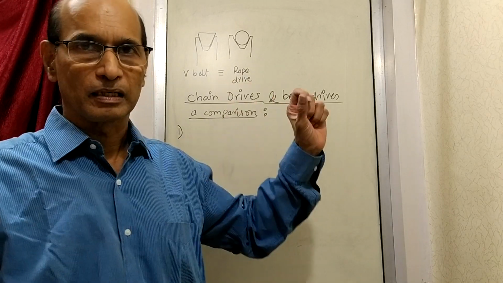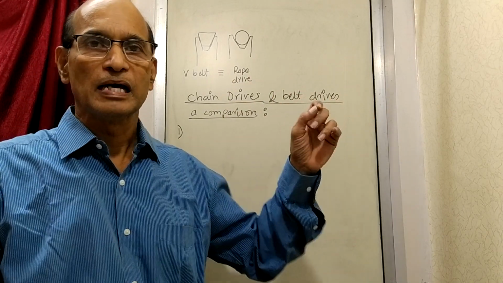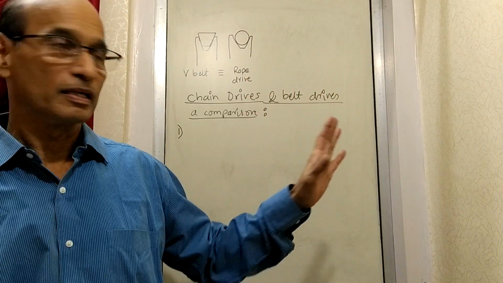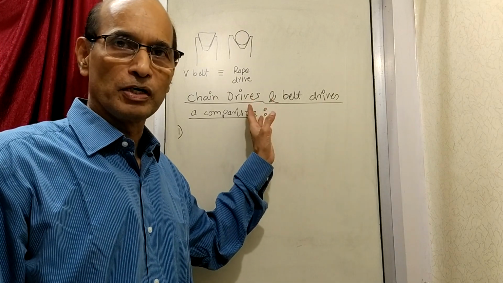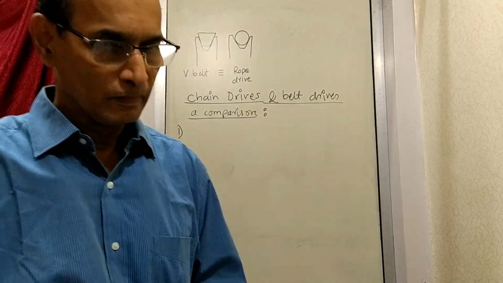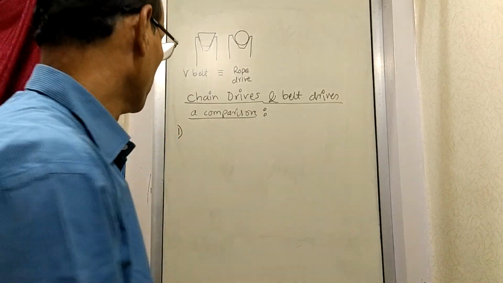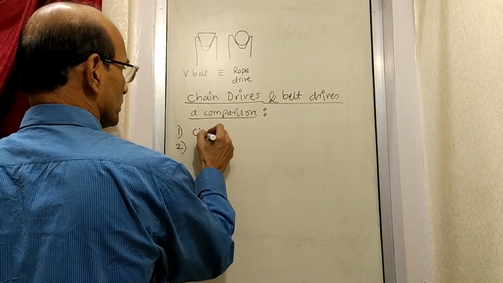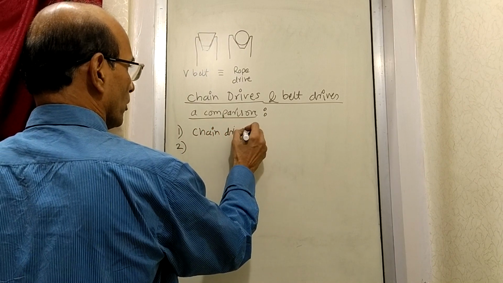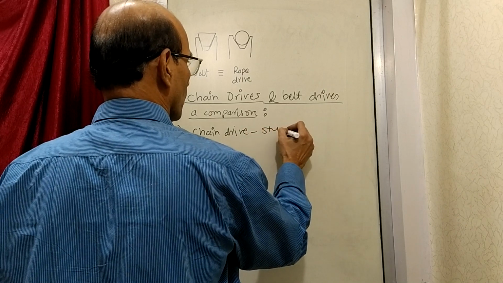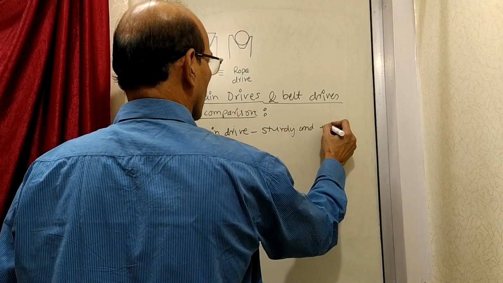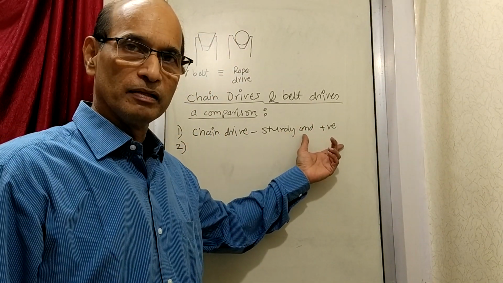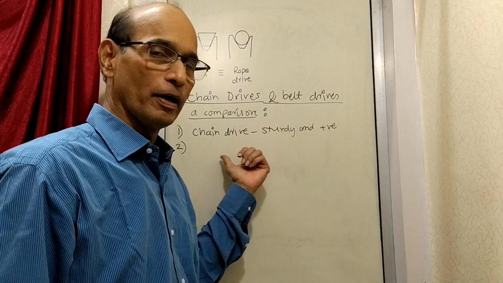Chain drive is rigid because of the metallic construction. In case of belt drive, as you see, there is some elasticity present there, there is some slip present there. So all such things exist in case of belt drive, which doesn't happen in case of chain drive because of the metal. Second point, I'll write here first point, chain drive is sturdy. I'm just writing a point. You have written the entire sentence. Just a small point we have written here. Okay. Now the next point,